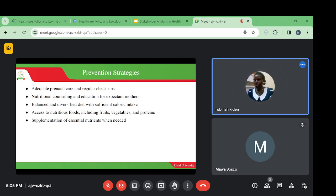Prevention strategies. We encourage adequate prenatal care and regular checkups to make sure that such conditions can be detected. If the mother is malnourished during pregnancy, she can be detected and she can be treated or managed accordingly. Then nutritional counseling and education for expectant mothers. Balanced and diversified diet with sufficient caloric intake, access to nutritious foods, including fruits, vegetables, and proteins, then supplementation of essential nutrients when needed